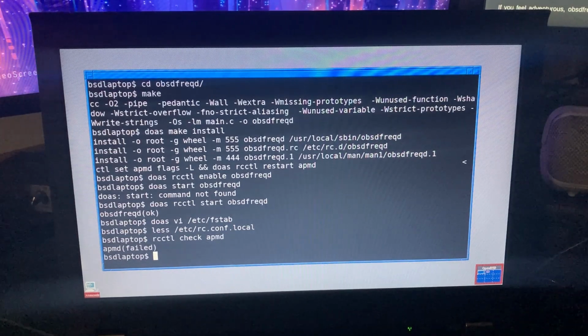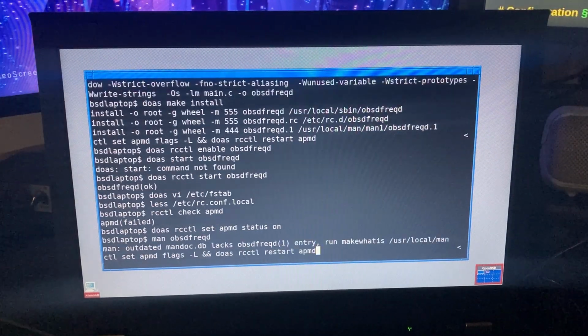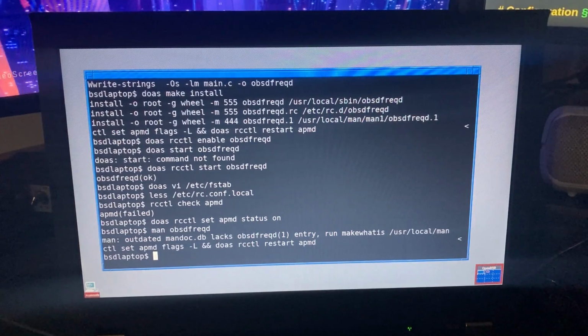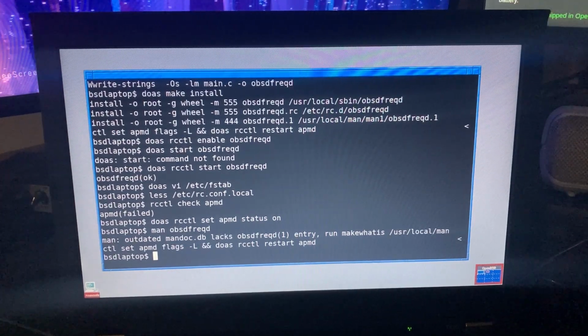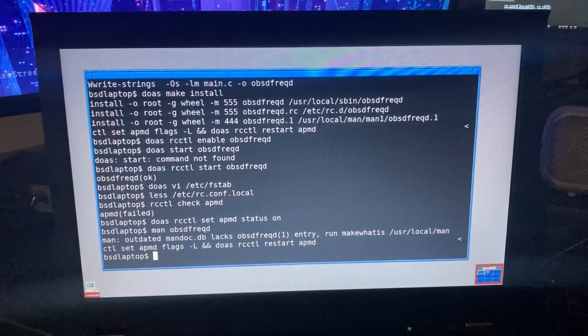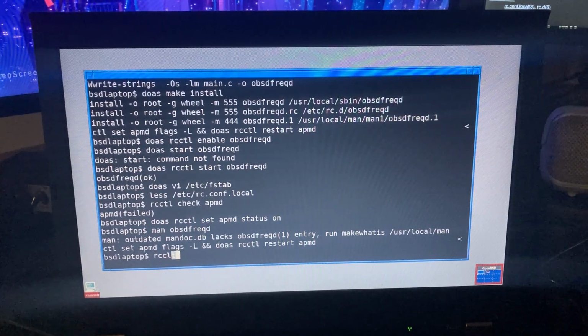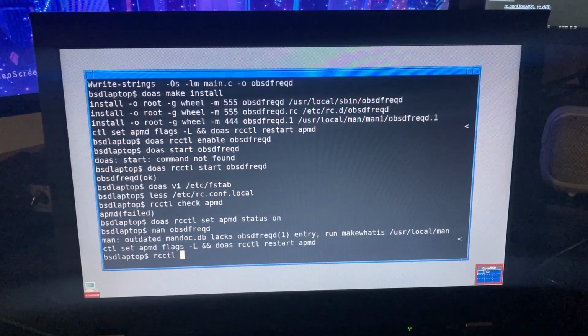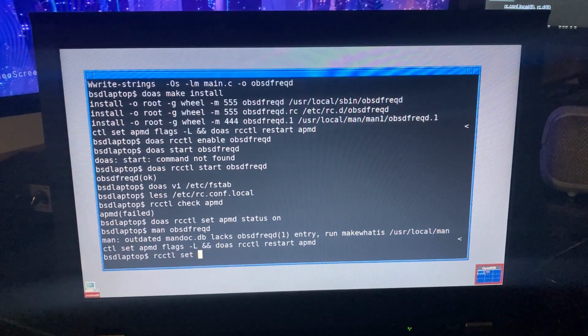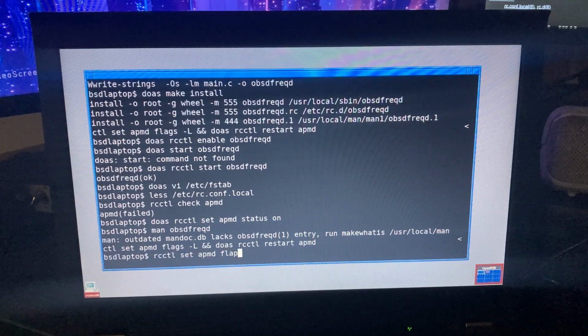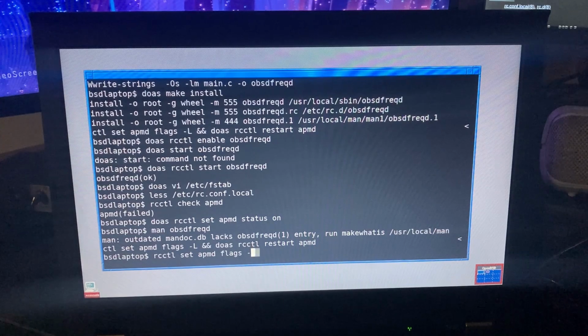Let's set up apmd. I don't know why that didn't turn on, so we'll manually set it on. So rcctl